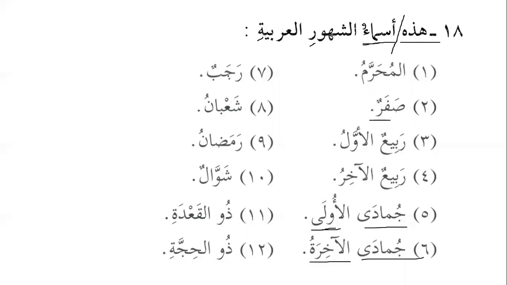Al-akhiratu. And then we have Rajabun, Shabanu. Okay, Shabanu doesn't have tanween. Why is that? Mamnu min as-sarf. Because it has alif and noon. Most of the nouns that end with alif and noon, we call it alif noon zaidatan, then it will be mamnu min as-sarf. Similarly, Ramadanu is also mamnu min as-sarf. Then we have Shawwalun. Only these two are mamnu min as-sarf.